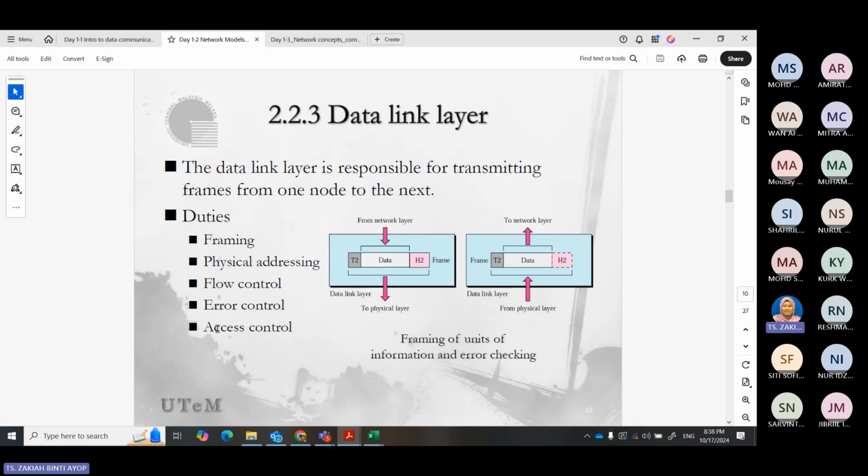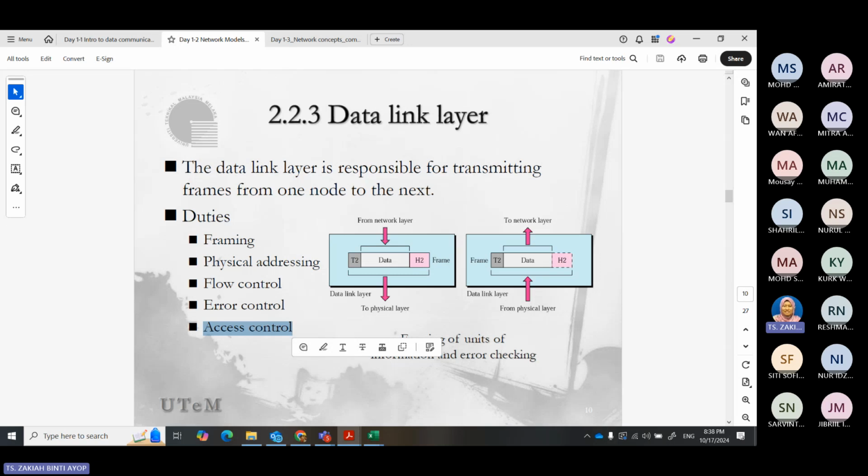Okay, and then next is the access control. Here, it's not like the one in your database, who can access it. It's not that access control, but actually the way we maintain the sequence of the messaging.